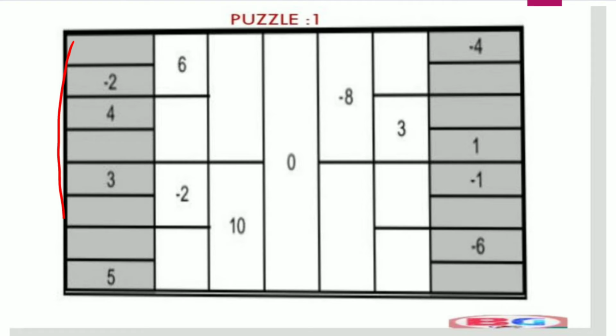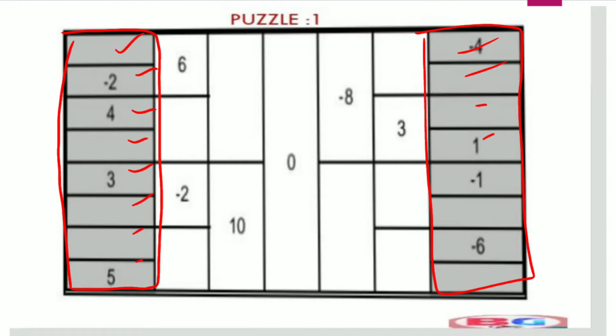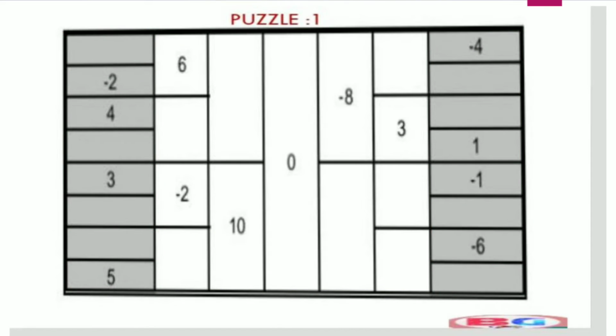First of all, try to divide the left side into 8 columns: first, second, third, fourth, fifth, sixth, seventh, 8. Similarly, you can divide the right side into 8 columns, 1 2 3 4 5 6 7 and 8. You can continue this process in decreasing order.